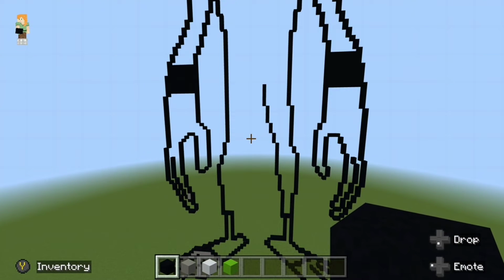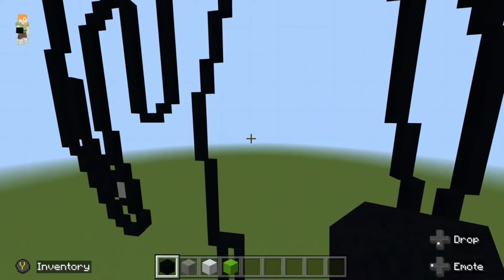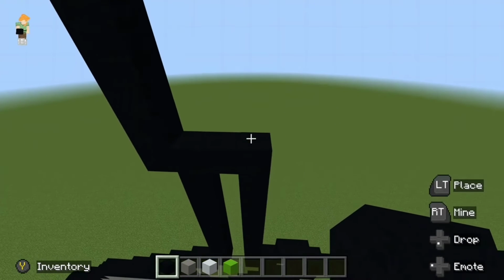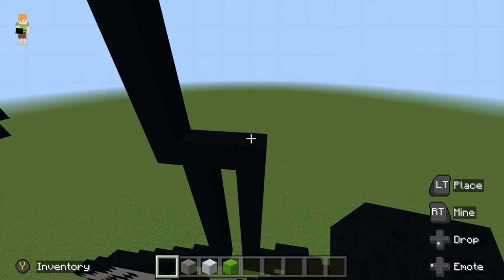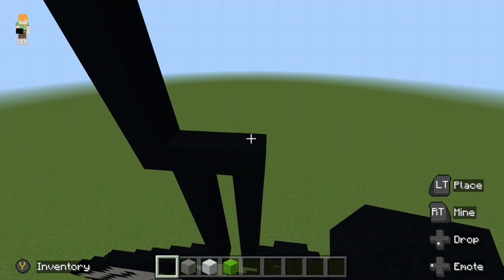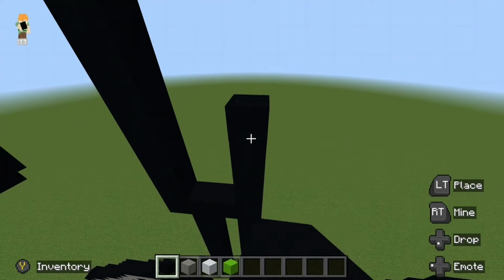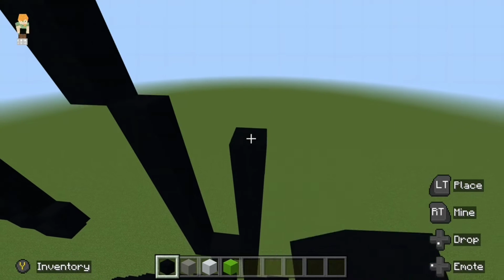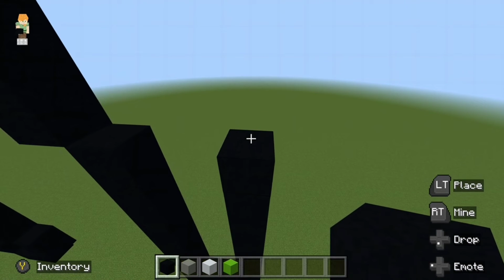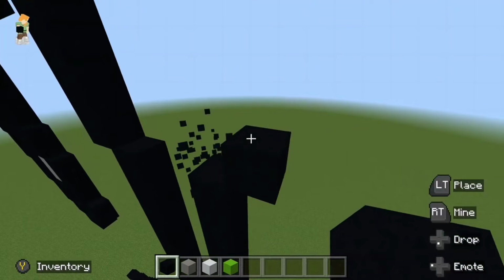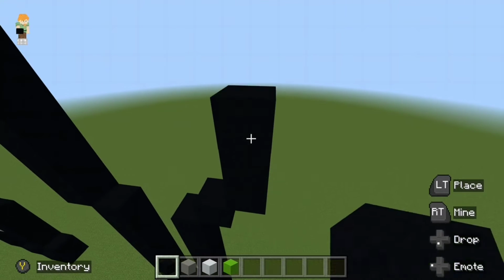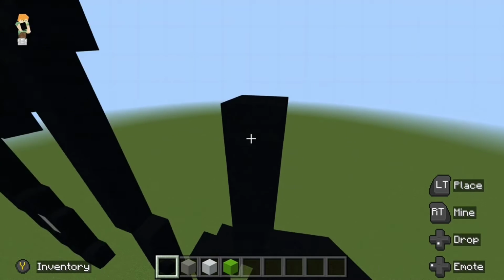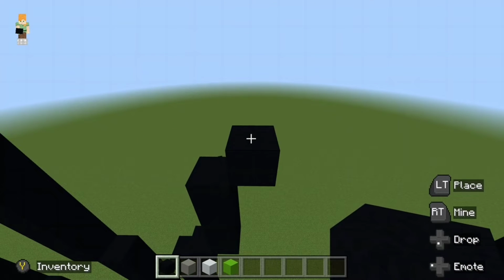And now what you need to do is come back down to the left side, and we need to do a similar thing with this. So on this part here, on the right block on the left foot, here where we've left it blank, you need to go up by an additional 9 blocks on top of here. So 1, 2, 3, 4, 5, 6, 7, 8, 9. 2 upright diagonals, so 1, 2, up by 3, 1, 2, 3, an upright diagonal, and then go up by an additional 10 blocks on top